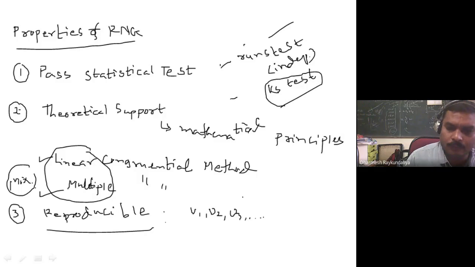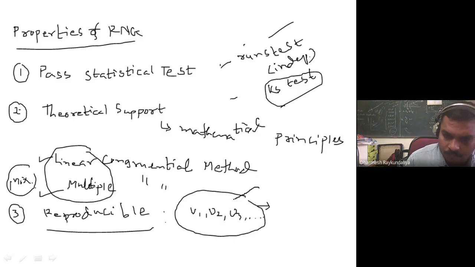I don't want to store all the random numbers I have generated in memory and then call them from that memory. No. I wish a generator which should reproduce this sequence